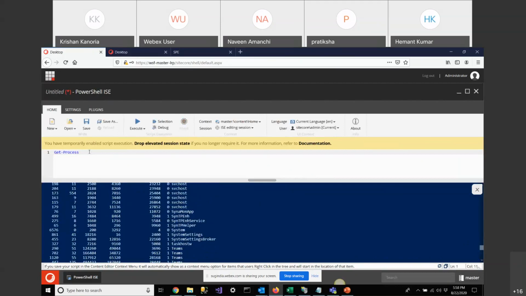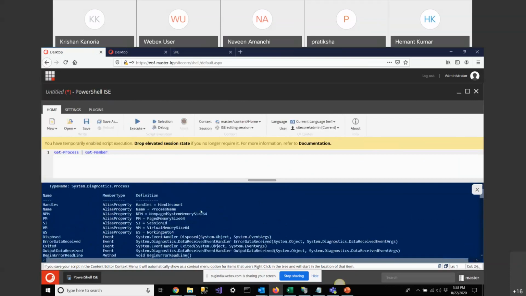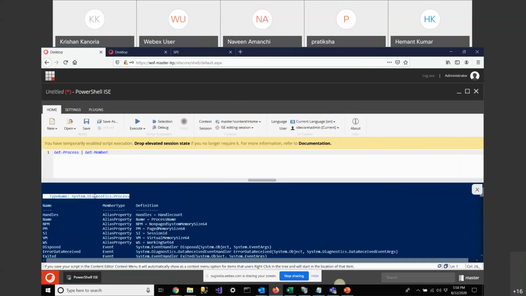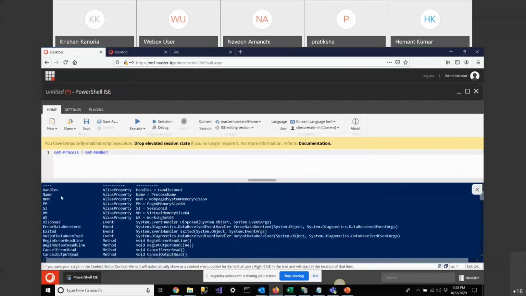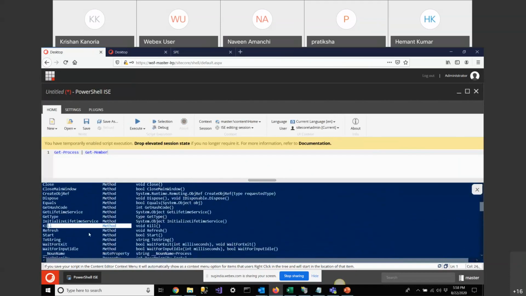If I provide a pipe and then Get-Member and execute this, it will give me the process member details. The type name is System.Diagnostics.Process, and you will have all your process name, Kill method, and Start method present there.